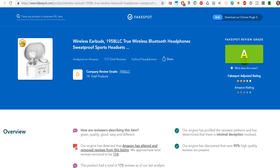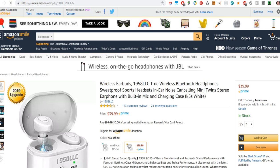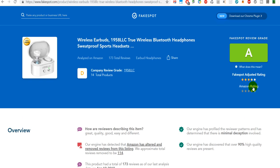But they have found that it's an A product, and that means an A review grade. So don't get deceived by this. Doesn't mean that the product is an A. It just means the reviews are an A. So they left the review. Oh, I clicked on that. So I'm back here. So that means that the review quality is good, and they left the 3.5 star on